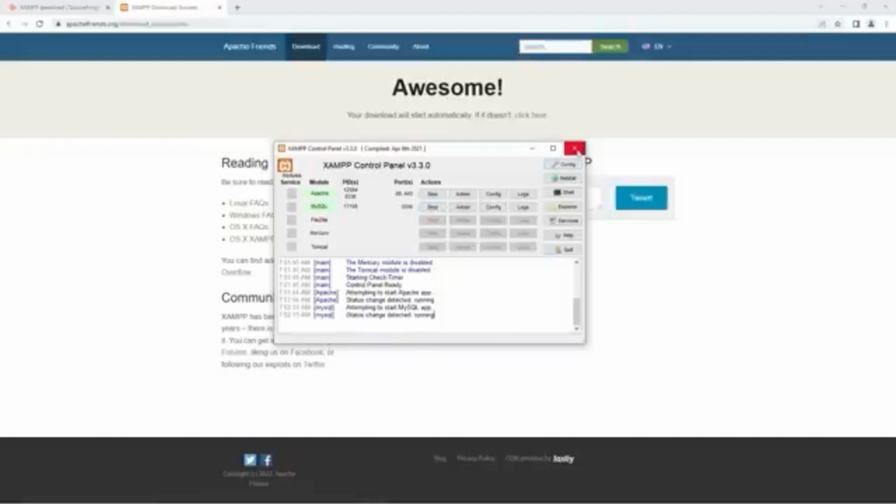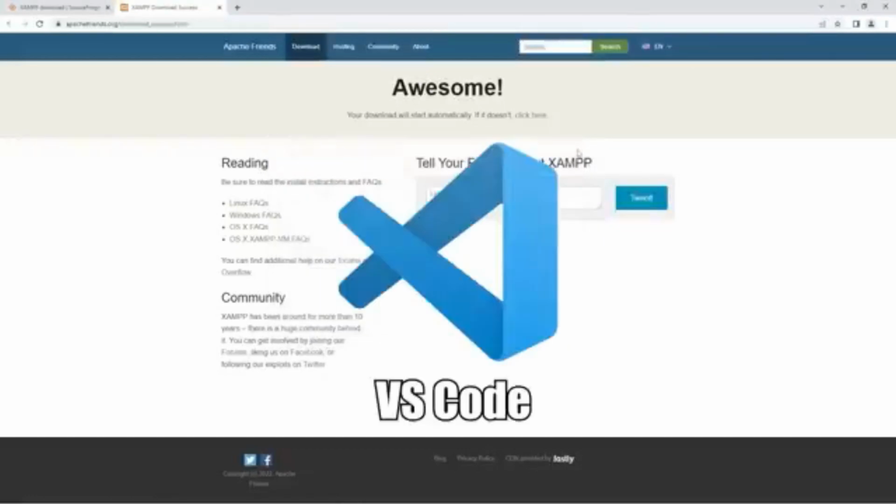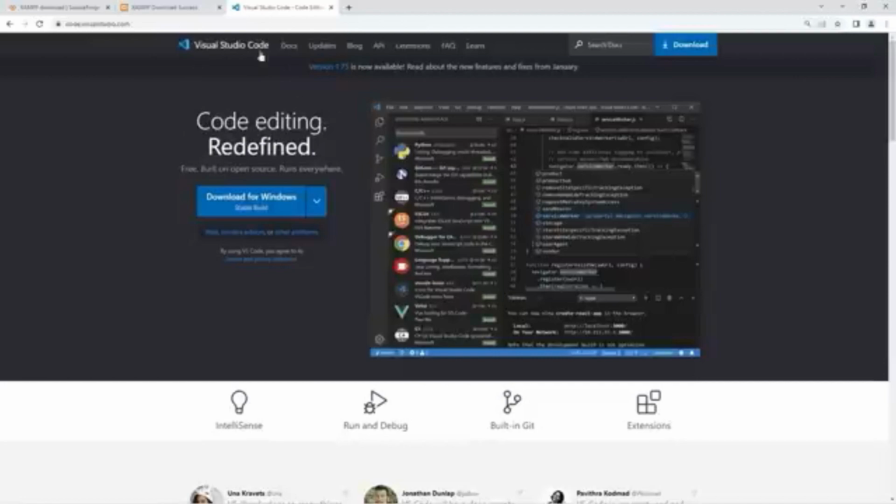Now that our XAMPP server is downloaded, we will need that VS Code text editor. I'm assuming that some of you have that downloaded already, but if you don't, here's how. If you need a text editor, I recommend Visual Studio Code. If you're interested in downloading this text editor, head to this URL,